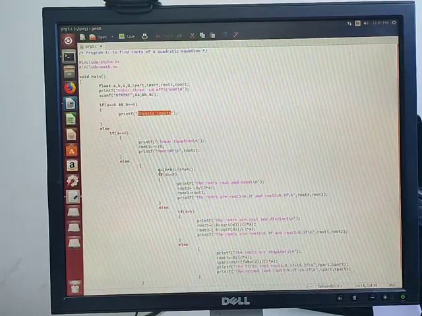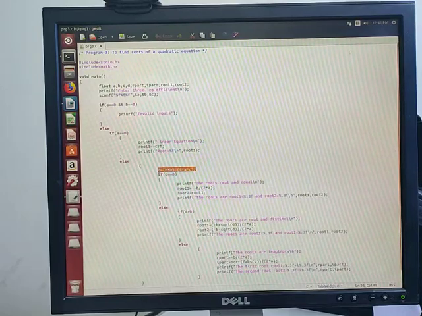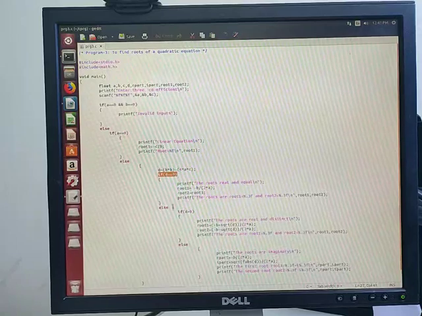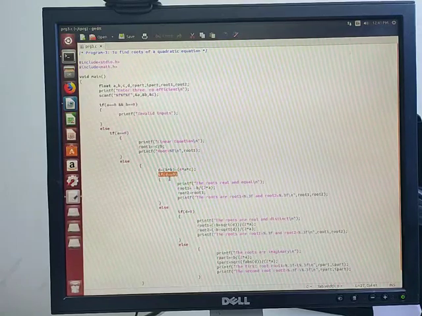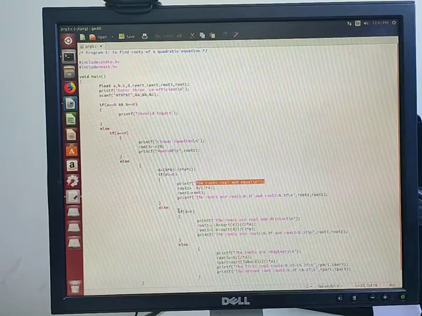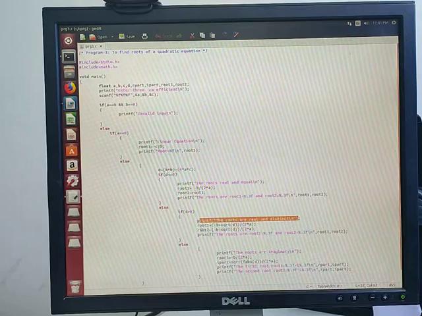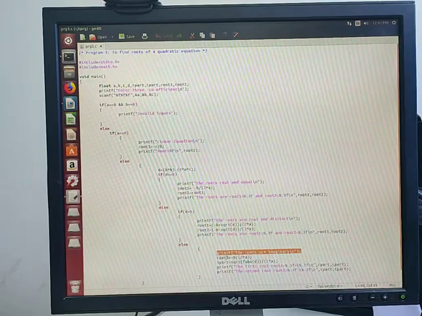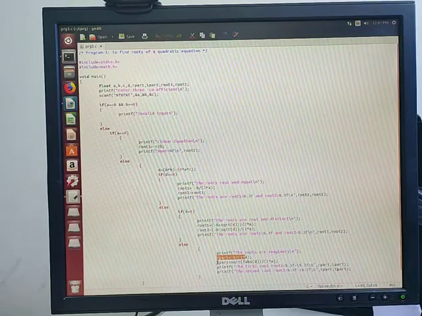Otherwise it will calculate the discriminant. After calculating the discriminant, based on the d value, it calculates root 1, root 2. If the discriminant is equal to 0, if d is equal to 0, then root 1 is this, root 2 is this, so roots are real and equal. Then if the discriminant is greater than 0, roots are real and distinct. If the discriminant is less than 0, then roots are imaginary. So the real part you need to calculate, the imaginary part you need to calculate,